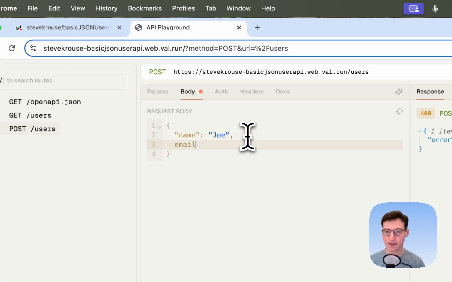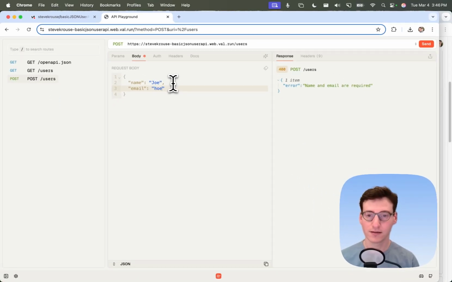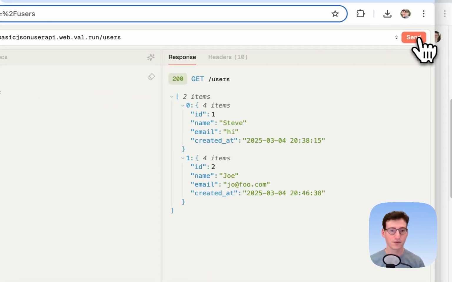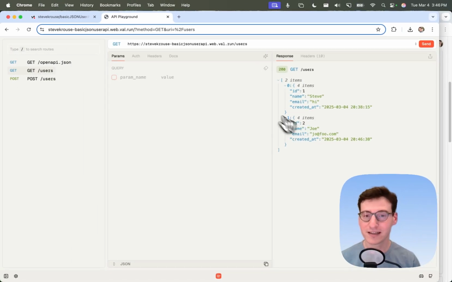All right, so email, and this can say Joe at foo.com. Command enter, boom, user created successfully, and then I go to /users and run it, and now I see Joe at foo.com. So pretty neat and really easy to install,